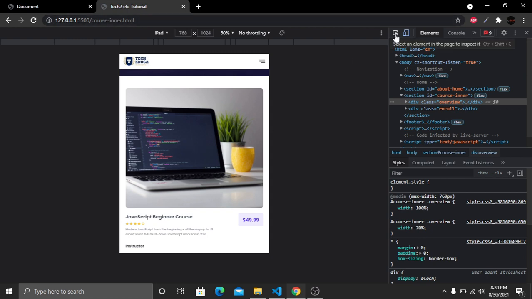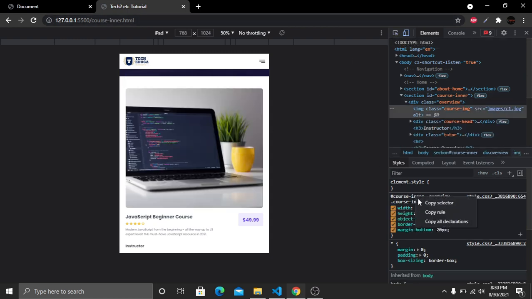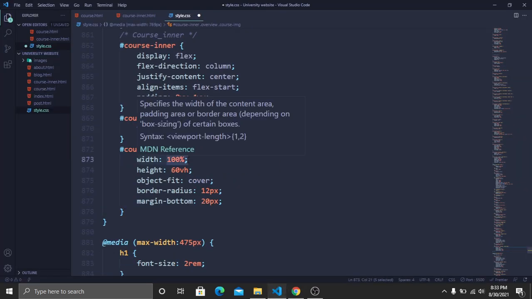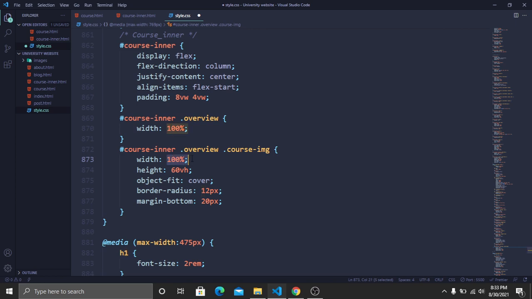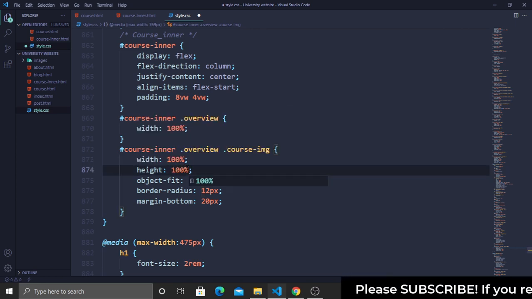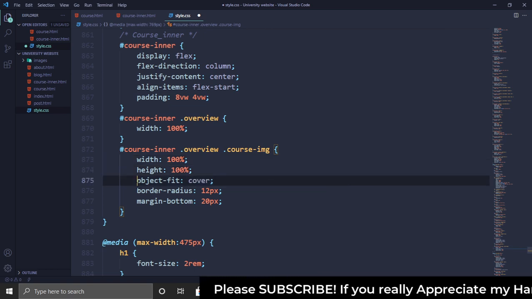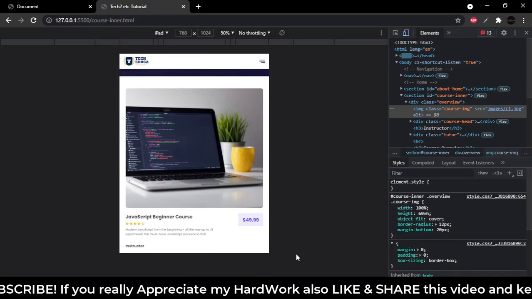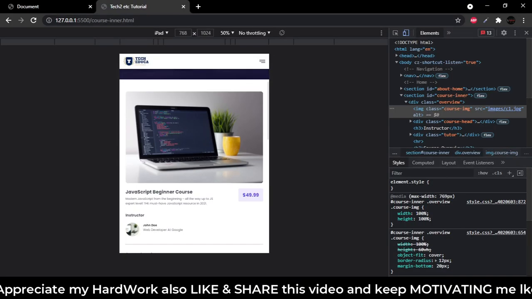So now from here just select the image and copy the rule from here and then paste it here. Now for the width it will be taking 100% and the height will also be taking 100%. That's it. And from here I don't want to change anything, so delete these things. Now save and go to our website, and here you can see that our image is now taking perfect width